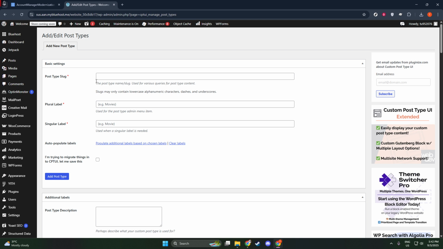The first field asks for the post type slug. Think of this as a short identifier for your custom post type, and make sure it's something simple, as it will form part of your URLs. Next, you'll see a field for the plural and singular names of your custom post type. For instance, if you're creating a custom post type for books, you'll write books as the plural label and book